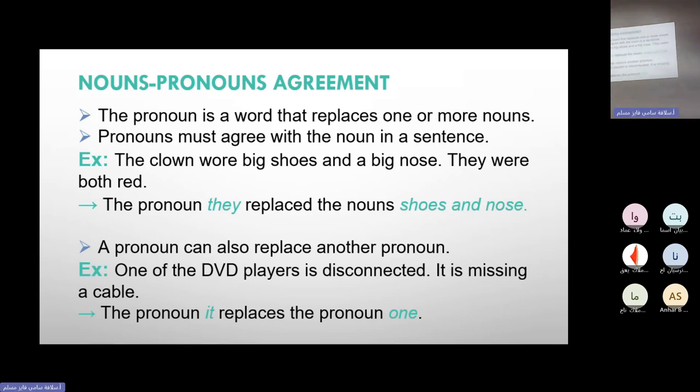So the pronoun is something that replaces one or more nouns. Pronouns must agree, just as the verb must agree. Pronouns must agree with the noun in a sentence. Example: